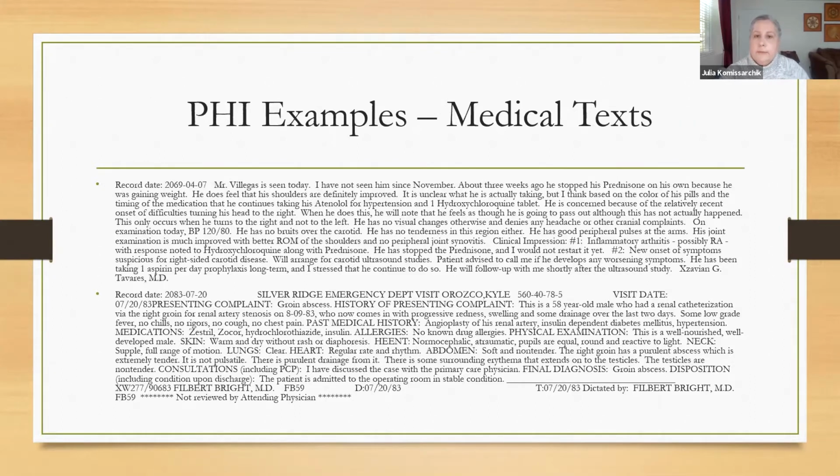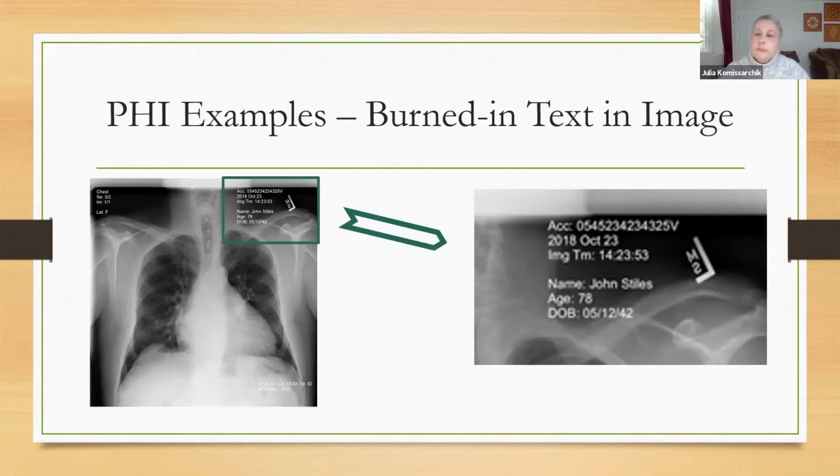So now let's take a look at the images, where it gets even more difficult, because for a lot of medical images, at the time the exam happened, at the time that image was created, the personal information was burnt into the image. In this particular case, you'll see this is an X-ray, and on the right it says account number, and then the number of the account, the date of the exam, then the name of the person, his age, and his date of birth. All of this should not be there, right? It either needs to be replaced or redacted. And it's one of the trickier problems.